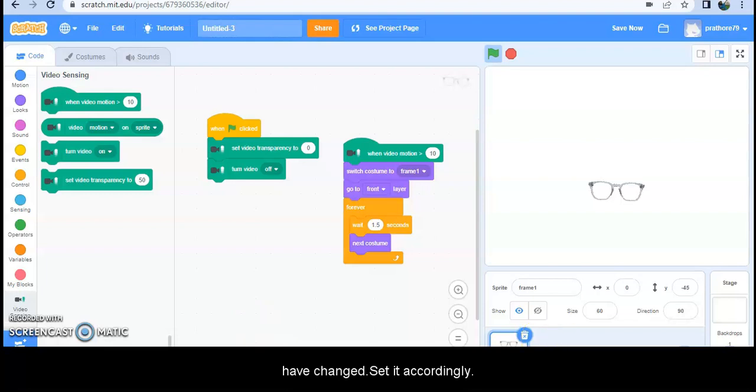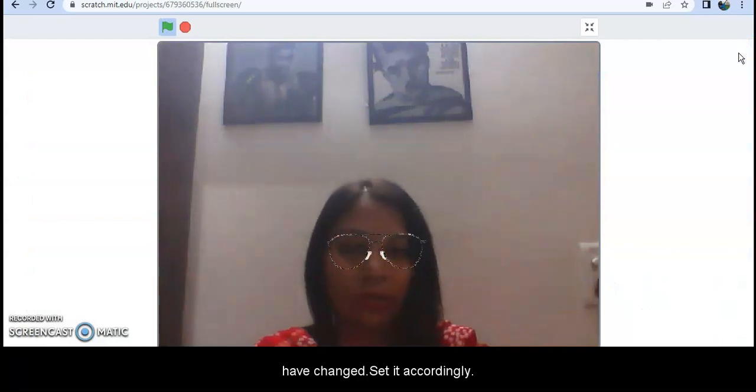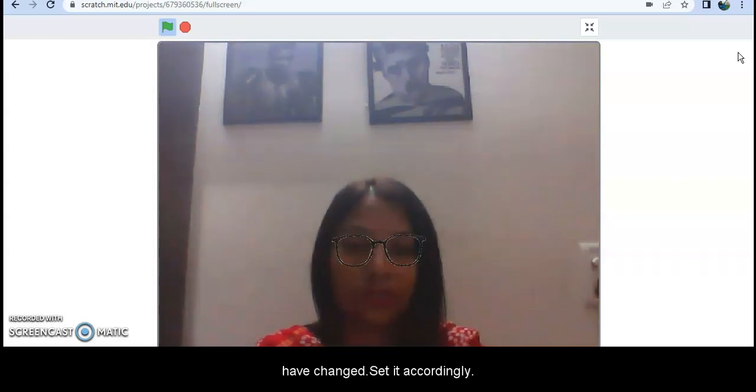Let's see if I can adjust this. So simply the spec sprites is there. So when I click on the flag, I have to turn the camera on, and when video motion is going to be greater than 10%, these are going to switch. That's it. So I hope that you will further enjoy it, and you can test it with any of the